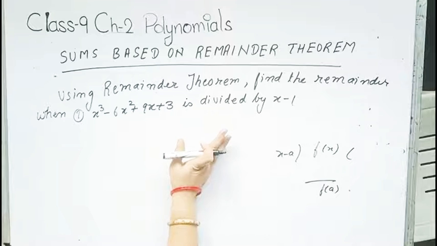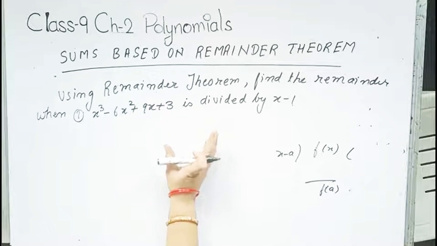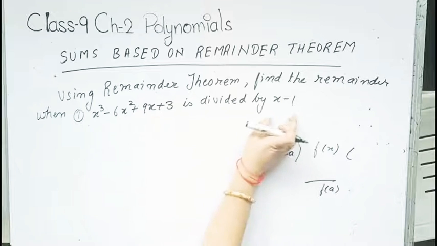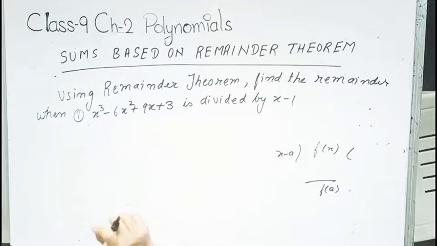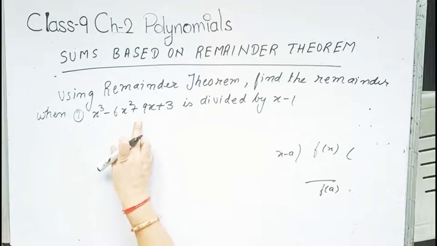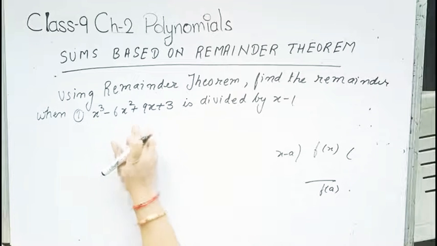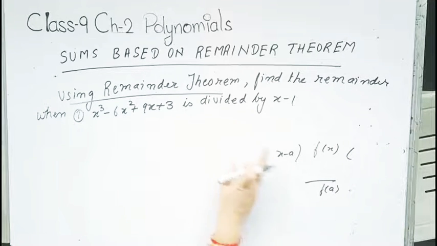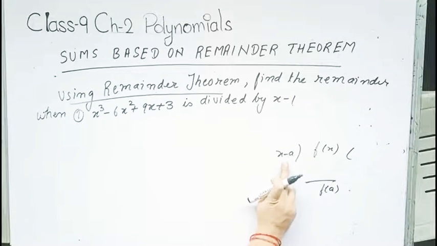Now, till now, before knowing the remainder theorem, if someone asks you to find the remainder, you will divide this given polynomial by this and whatever remainder comes, that will be the answer. But if you do the same sum by the division method, you won't get the marks because here the question is clearly saying using remainder theorem. So, obviously we know the remainder theorem that f(x) when divided by x minus a, the remainder is f(a).